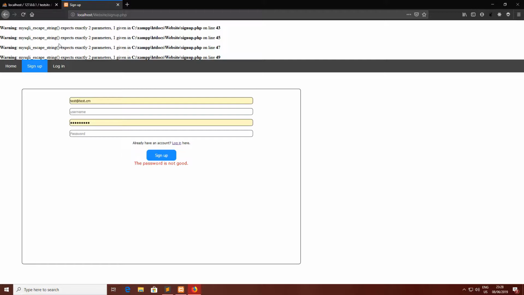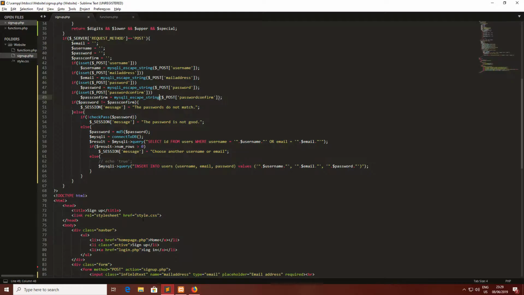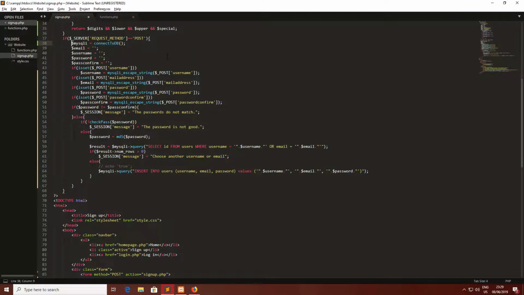What was the second one? Oh, because you need to use these after the connection, and you have to give as the first parameter the connection. So I have to give as parameter this, but it's not initialized yet. So basically, move this line around here,